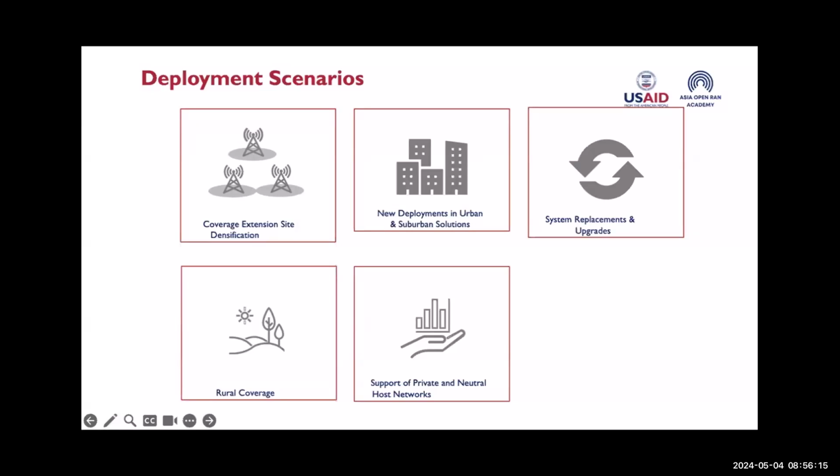Okay. Now, once we have identified the architecture, we need to define the deployment scenarios. So we understand the architecture. The architecture is flexible, so we don't need to deploy a one-size-fits-all architecture. It depends on the type of deployment that we need to implement in our network. So Open RAN can be deployed using coverage extension, densification. If you want to extend your coverage far beyond the outskirts of your existing coverage, you can use